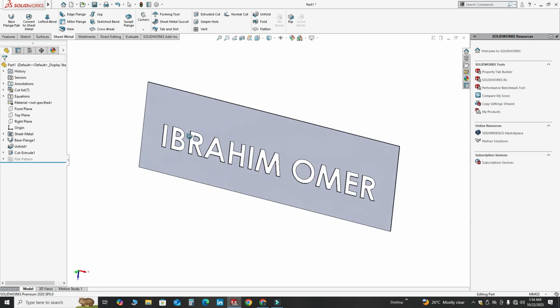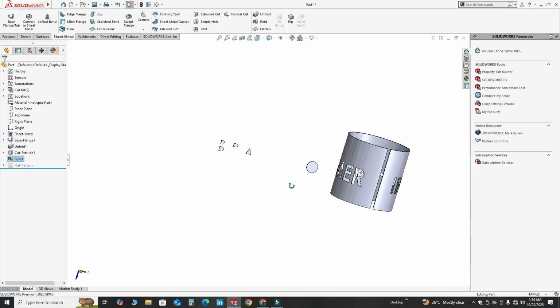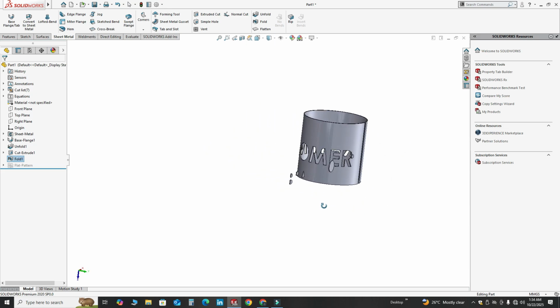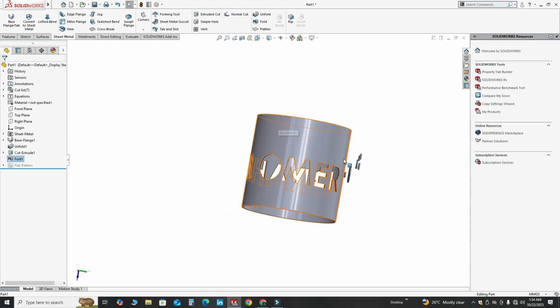Okay, so let's go to here fold, and let's select the edge. Edge is already selected. Bends to fold, I will select this option, collect all bends, and I will select OK. Now you can see the error. You can see this O is not connected to this main part.